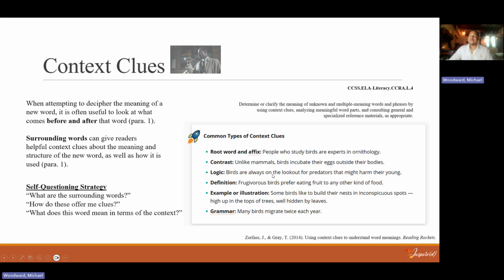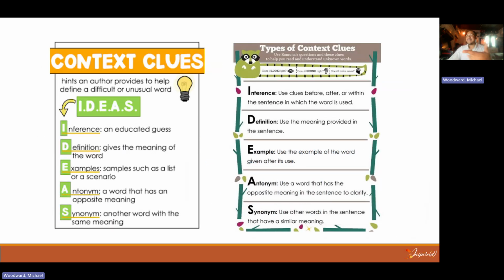So we have different common types of context clues, different ways to gather contextual evidence to determine the meaning of unknown words. Also, I found some more resources, like Teachers Pay Teachers and other ways to help understand the different ways that we can teach concepts, because there isn't just one. And even with this demonstration that I just did with the class, I also came to the realization that there isn't just one context clue that you can use. And I think that's kind of a duh moment, but being able to define the context clue that you use in order to define the word piques an interest for me.